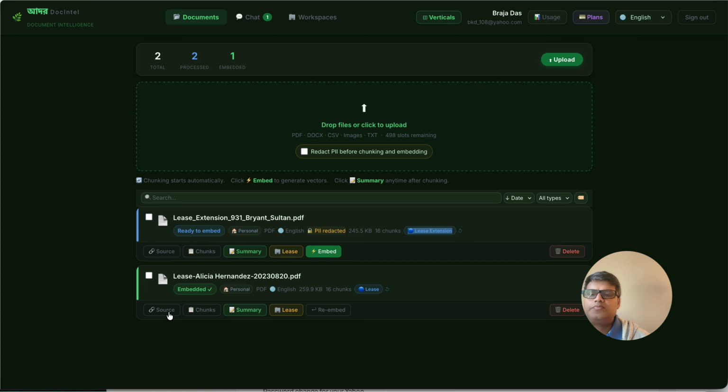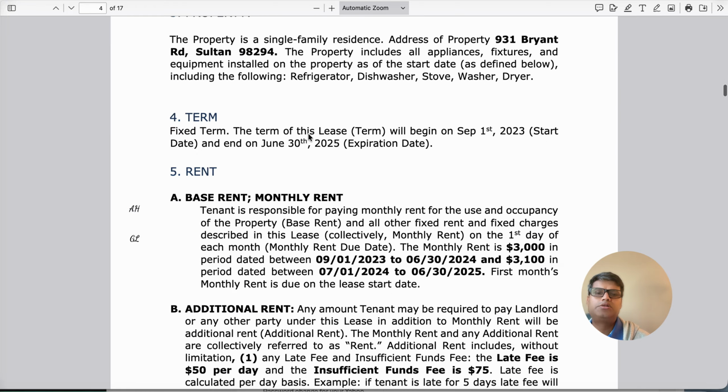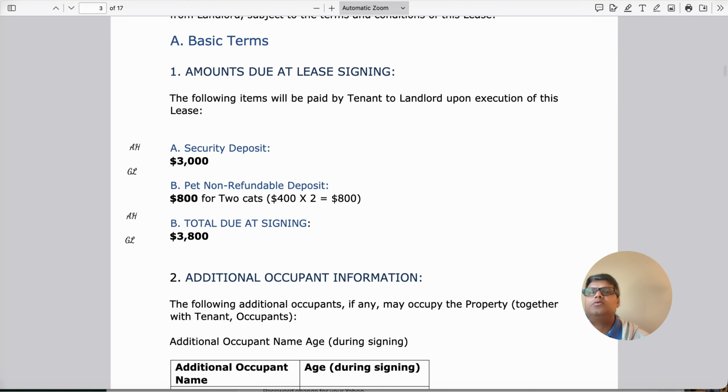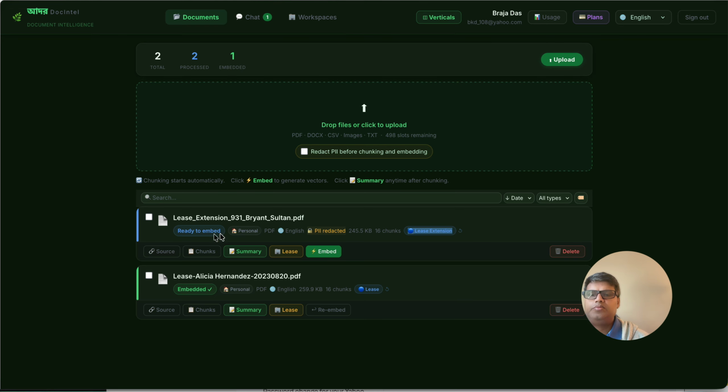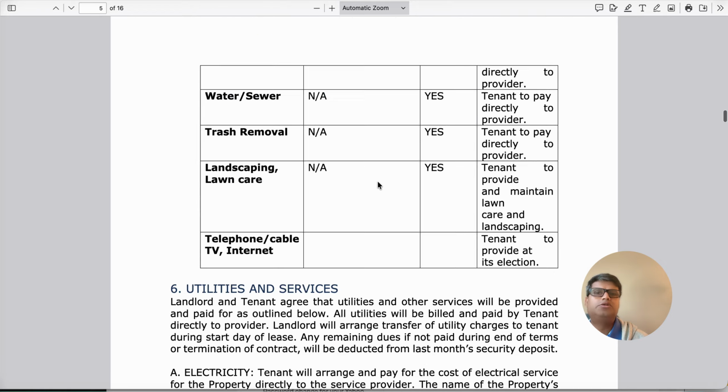I wanted to click real quick on the source, and you see the source. These are the lease documents, right? This is in the Google storage. And then I wanted to show you another source. Now if you take a look, this is a lease extension document with a whole bunch of content in it,